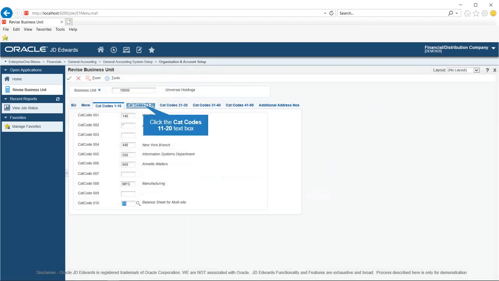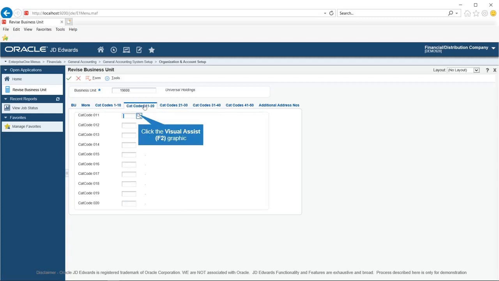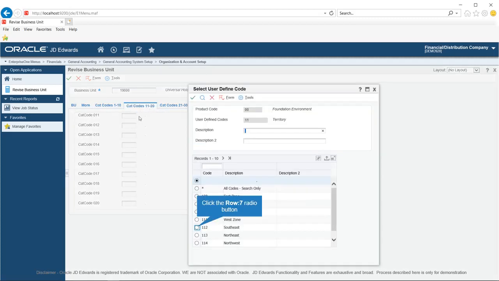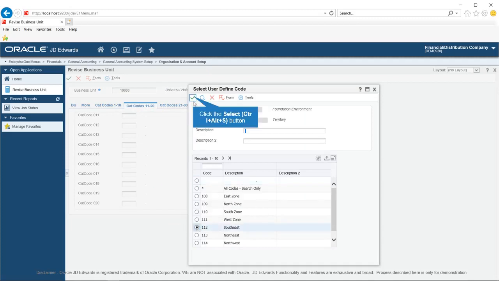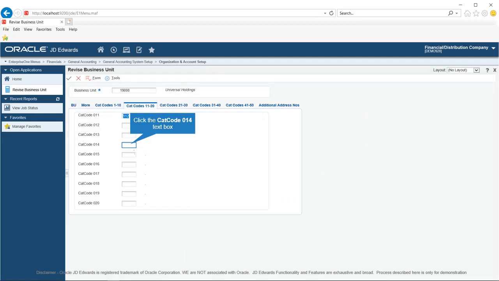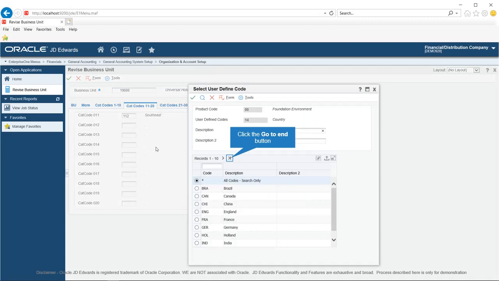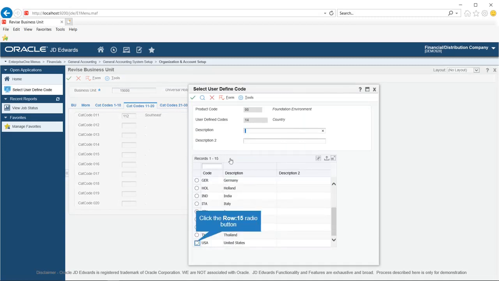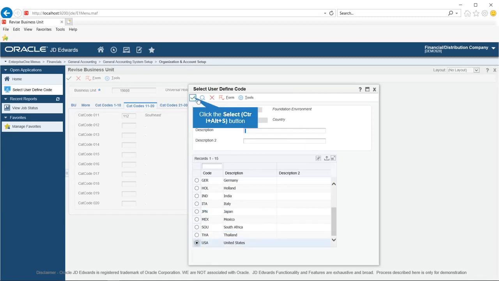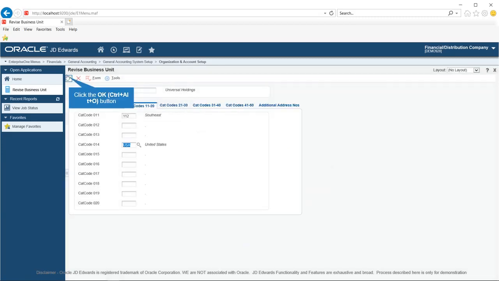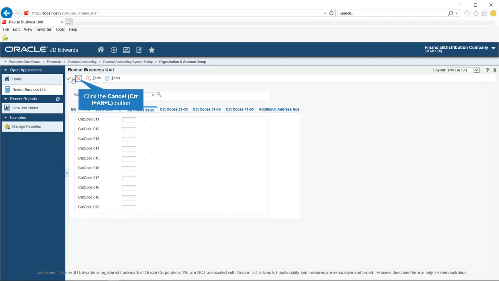On the category codes 11 to 20 link tab, click in the category code 11 field. Enter the desired information, for example, code 112 from the UDC table 0011. Click in the category code 14 field. Enter the desired information, for example, select USA from the UDC table 0014. When setup is over, click the OK button to save business unit details.